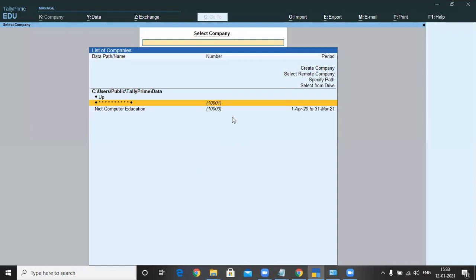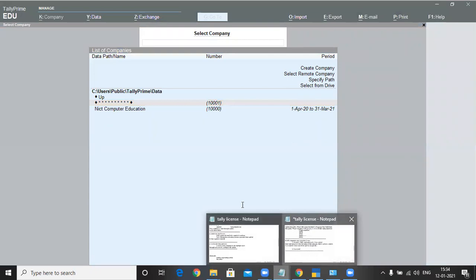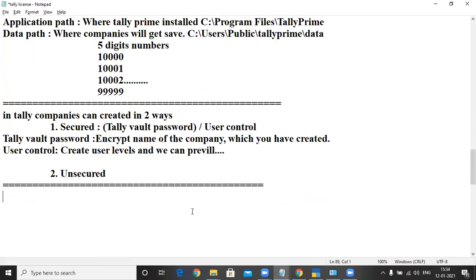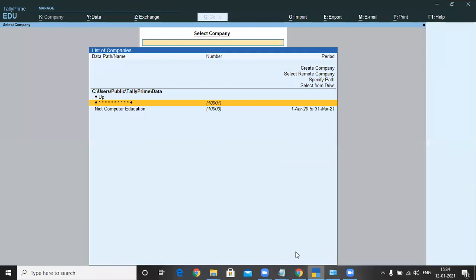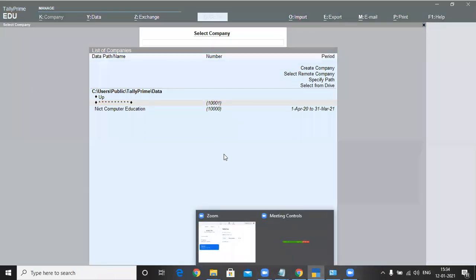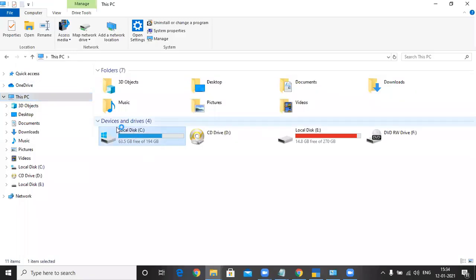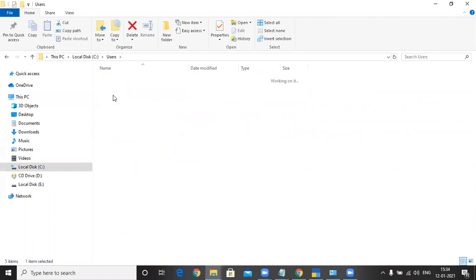Okay, next, sir, I would like to delete. Now first you check this data area, like the menu path as I said here. Open C colon users, then public, Tally Prime, data.